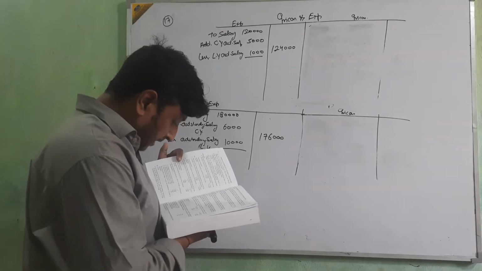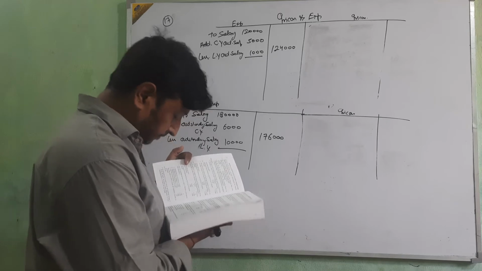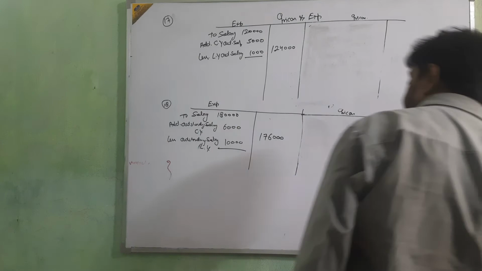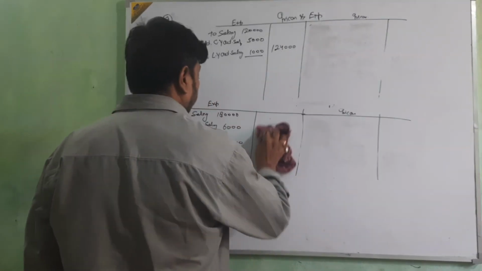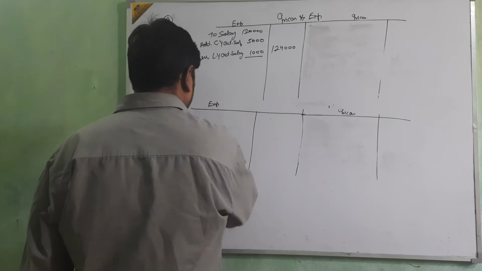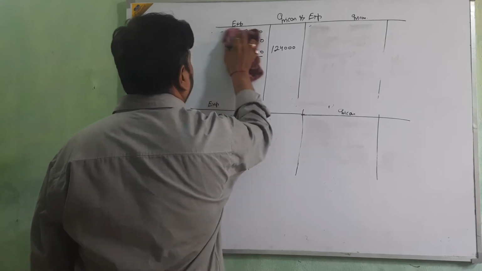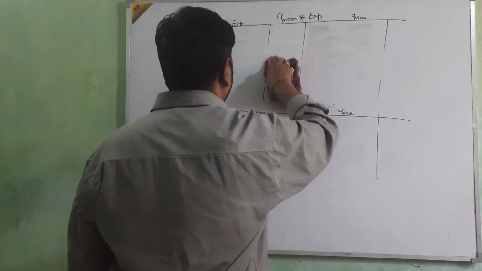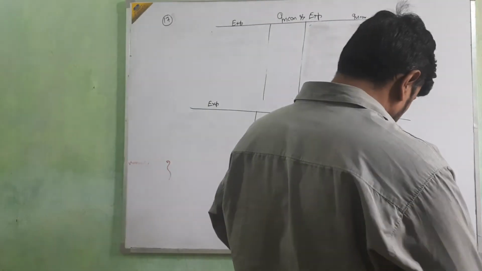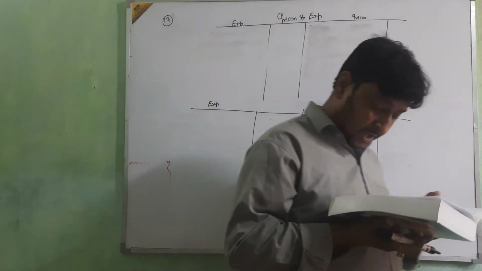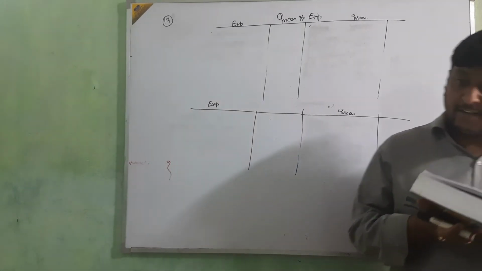Okay, now I am going for question number 19, because there advance and outstanding both are given. Okay beta, so I am going for question number 19. Just see and then try to solve the questions. Then question number 19, outstanding salary is given. Okay beta,